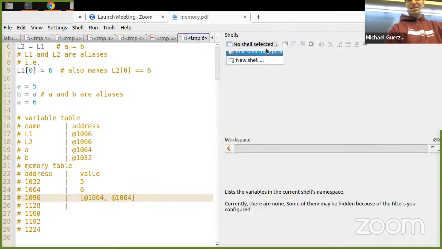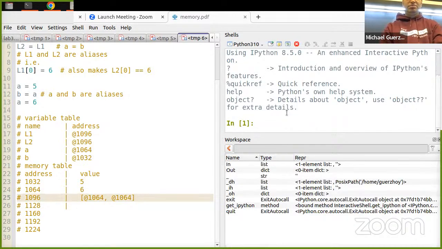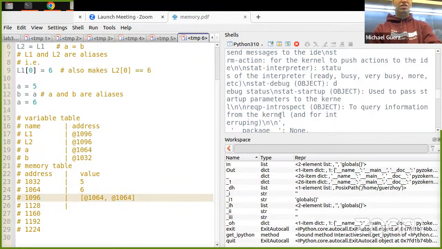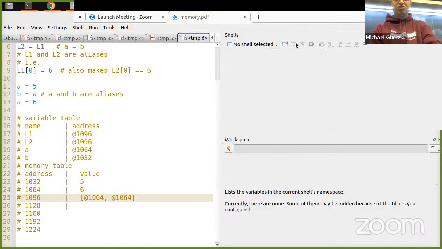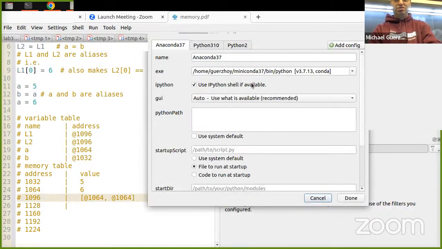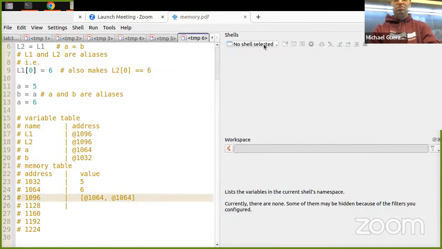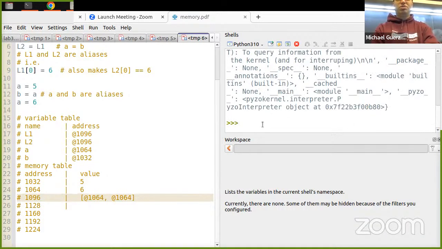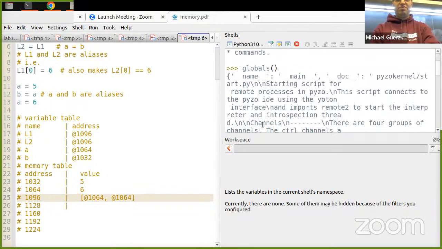But if you go to just Python, oh, that's okay. I need to turn off my IPython, but that's a little bit cleaner. So let me just show you briefly. Globals now is going to be, well, still some stuff, but not as many.